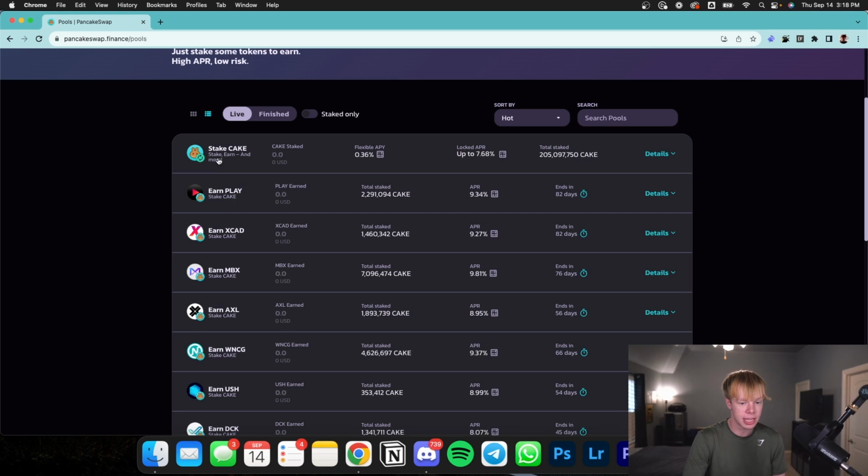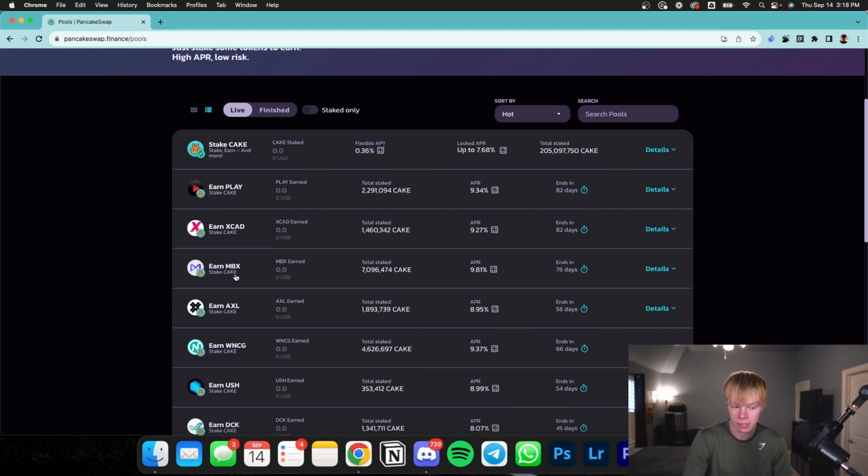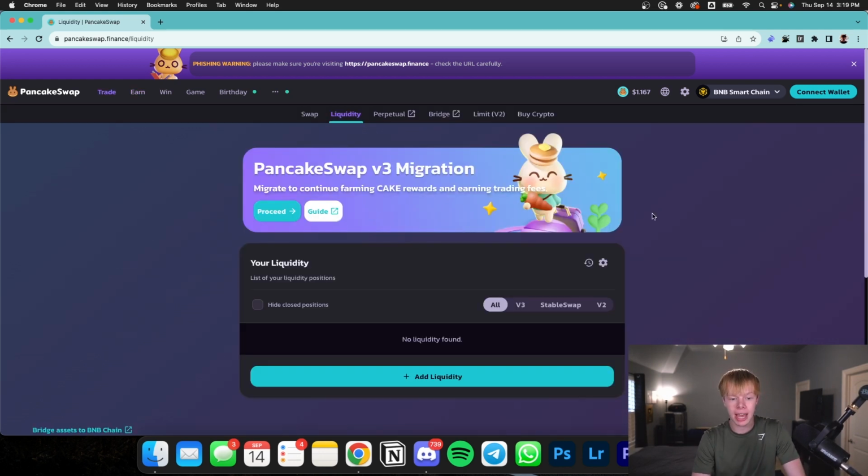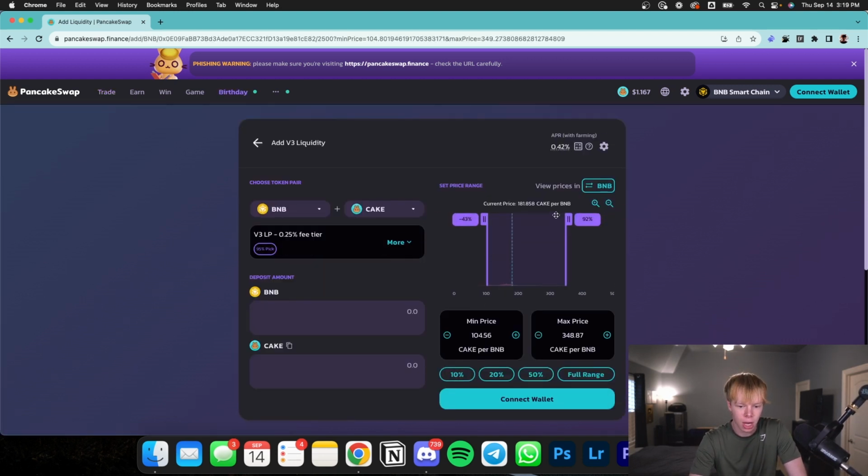For example, stake Cake and earn more Cake, or stake Cake, earn Play token, or XCAT, or MBX, or something like that. Now, the other thing is they do have a liquid staking system where you can essentially liquid stake ETH to wrapped BETH, or BNB to SNBNB. I'm not going to go too in depth into that either, but I want to talk about concentrated liquidity. So if you head over to add liquidity on PancakeSwap v3, just like Uniswap v3,